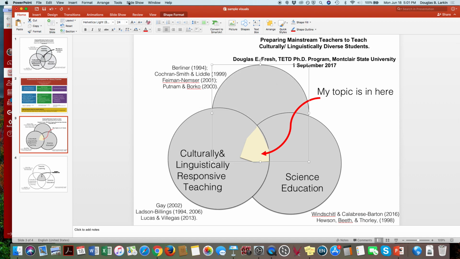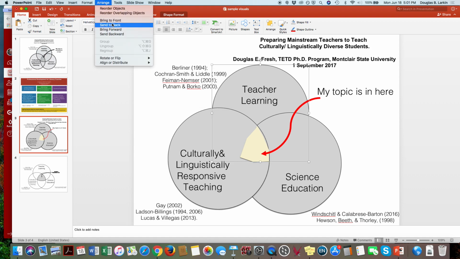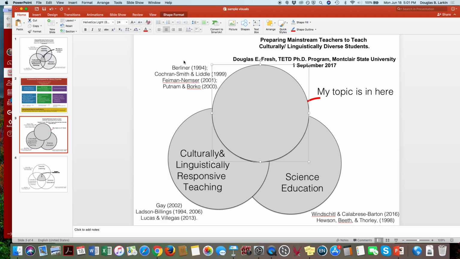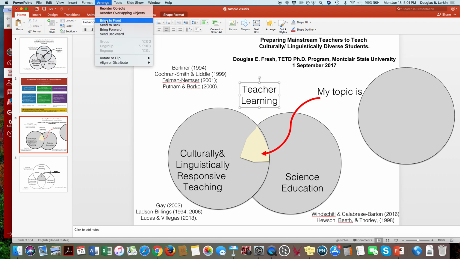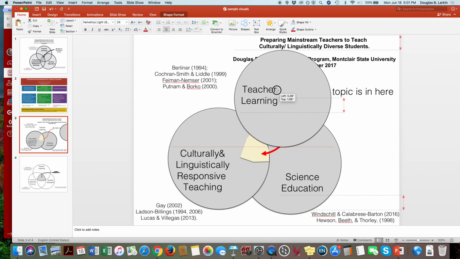Oh, okay, we don't want that, so we'll send that to the back. Send to back, and we'll do the same here. Send it, arrange, send to front. Cool. I want to bring teacher learning up front, so we'll bring to front. Now if I move this here,